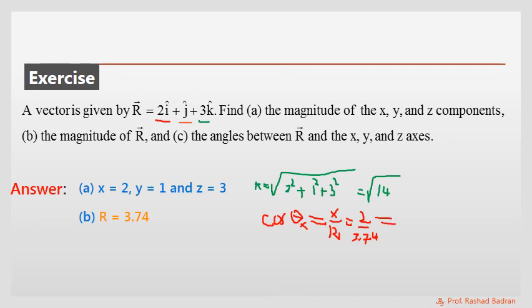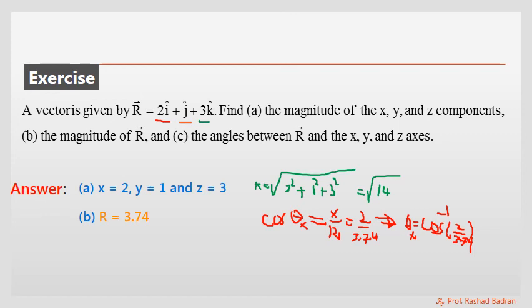From here, you can get theta x equals the cosine inverse of this ratio, 2 divided by 3.74, and the angle then will be